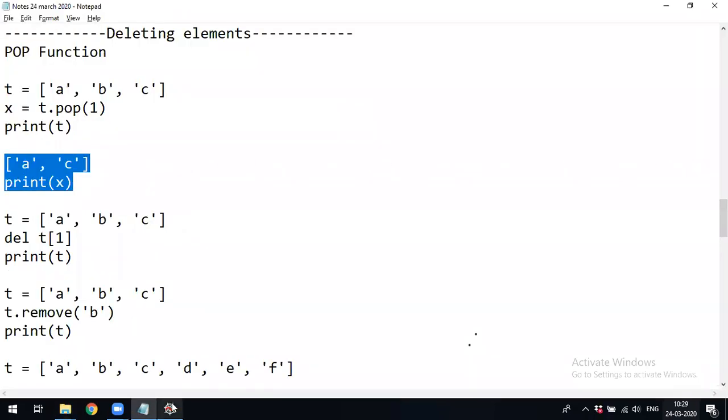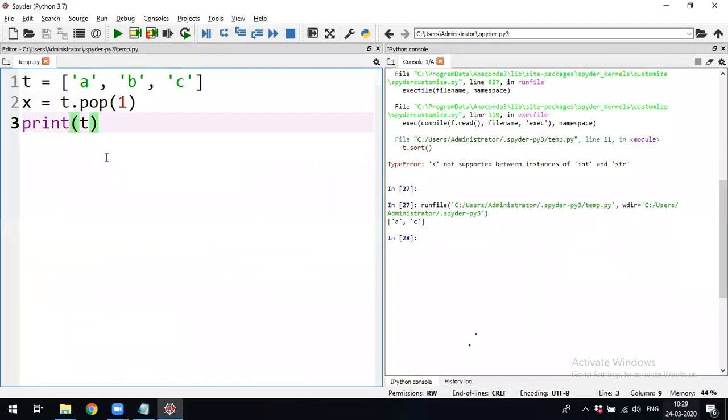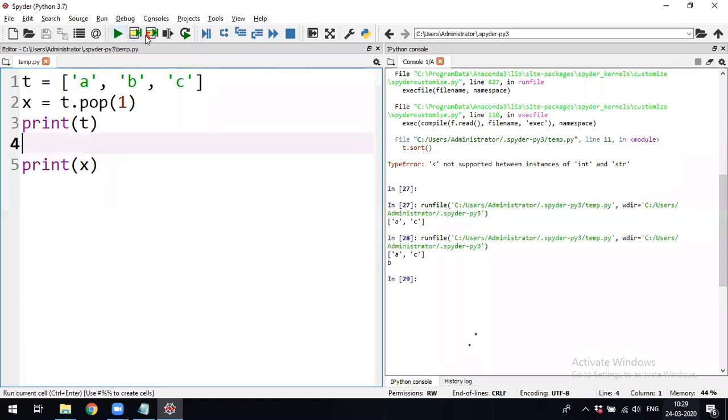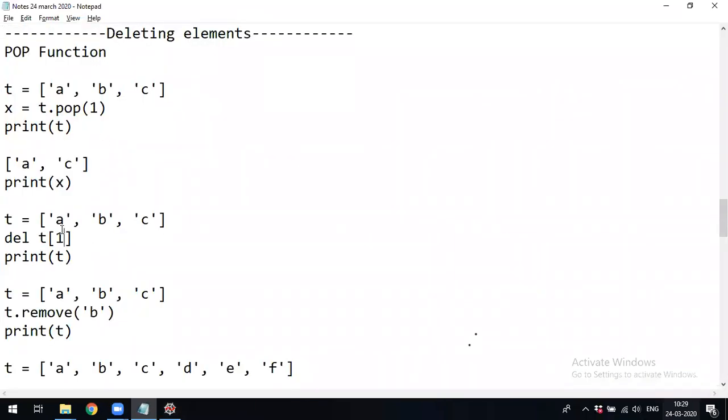After popping the element, you can even check the element which has been deleted. Which element is being deleted? For that reason, we use the function called pop. If you want that confirmation of which element is being deleted, and if you want to print that element which has been deleted, you have to use the function called pop.